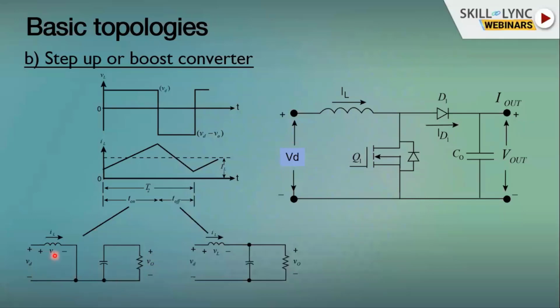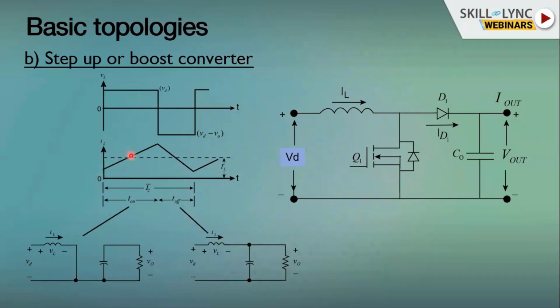With this, the inductance gets charged and starts storing energy for as long as the switch is on. Now when it is switched off, this inductor becomes part of the rest of the circuit, that means the diode and capacitor. So the circuit will be like this, and as this inductance is already charged with stored energy, it will also behave as an electrical source. Technically in this case you have two electrical sources, Vd and Vl, and the total input voltage at this side will be higher than Vd, the input voltage.